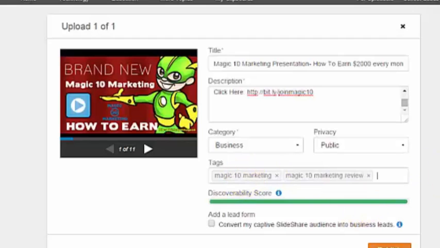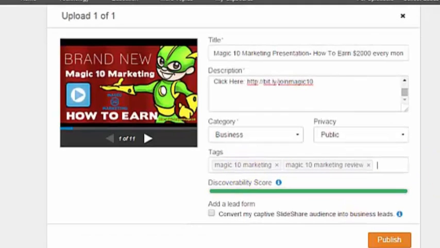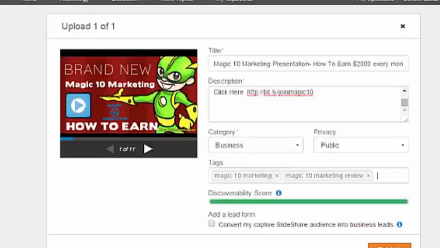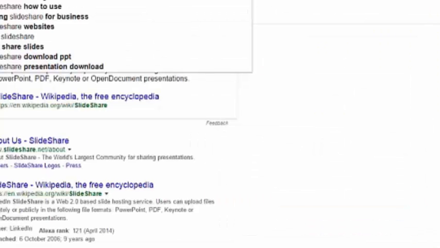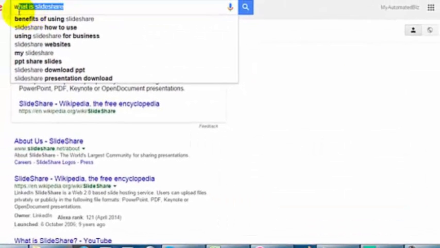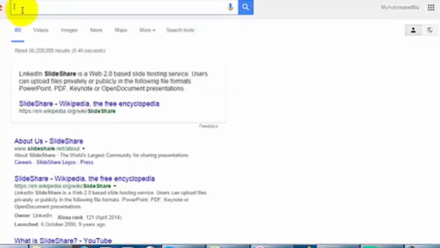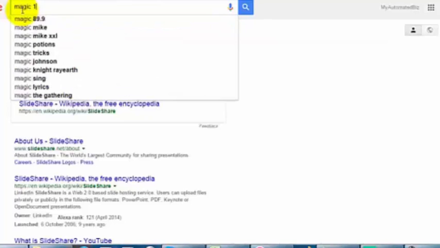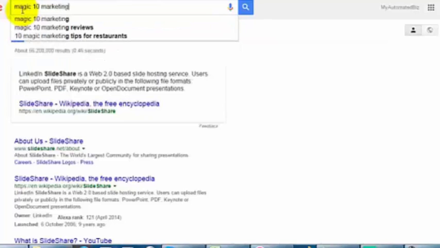If you don't have any idea what keywords you can put on your file at SlideShare, you can go to Google and search for the company or the product that you want to promote and get the keywords. So let's see the Magic 10 Marketing.